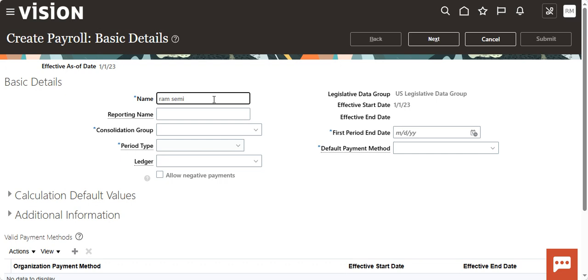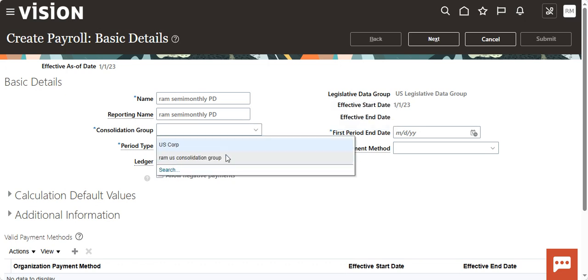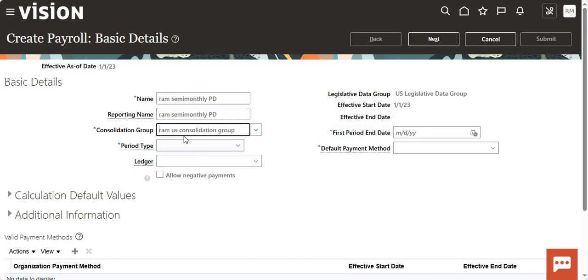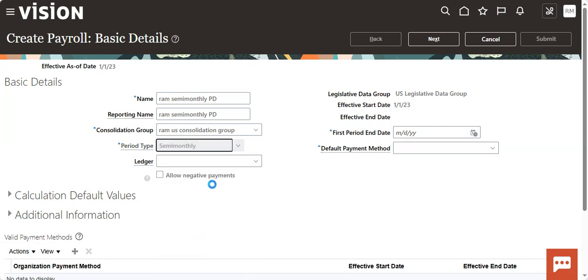Semi-monthly payroll definition, reporting name also same. Consolidation groups, I created already, so I choose my consolidation group name, and period type. Okay, so semi-monthly I am selecting the payroll definition, ledger